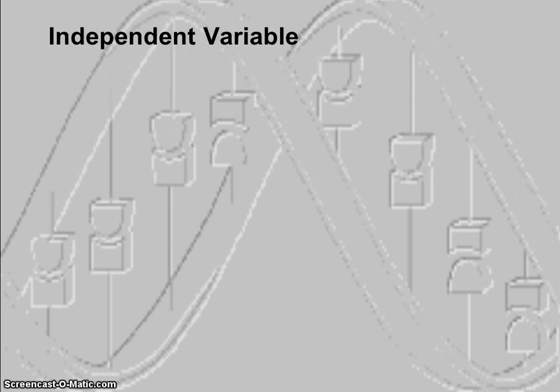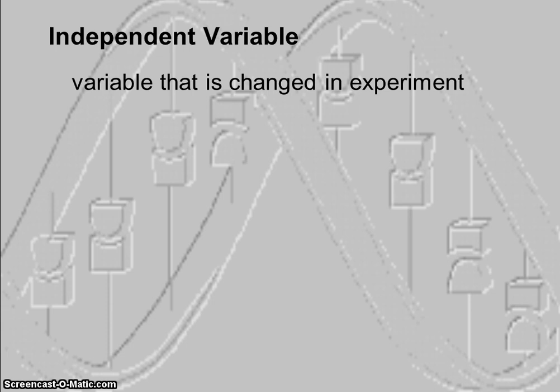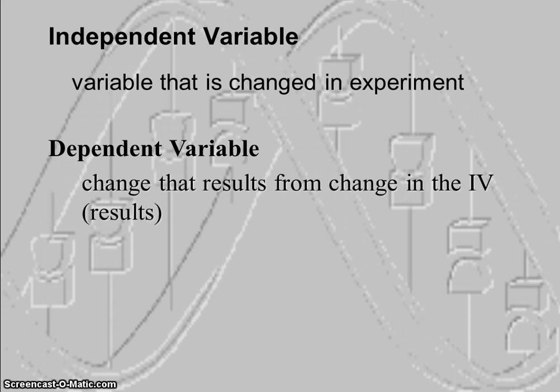So that one variable that we do change is called the independent variable. So in this case, it might be the phosphate nutrient or nitrogen or some other key nutrient that we think might produce a measurable change. So that's what we call the independent variable. Okay. Now a lot of people confuse the independent variable, which is the variable that we modify and control, with the dependent variable. And you can think about the dependent variable as the change that results from the change in